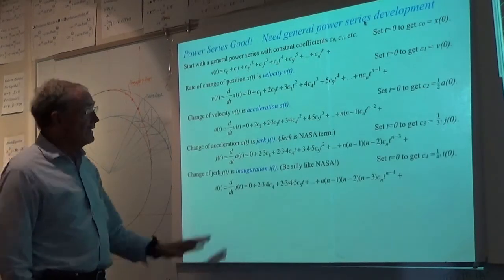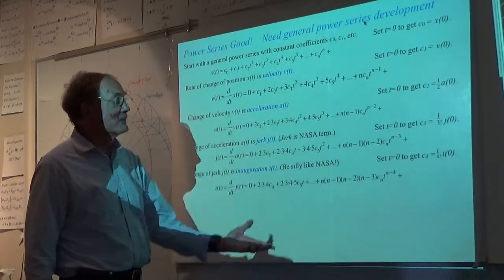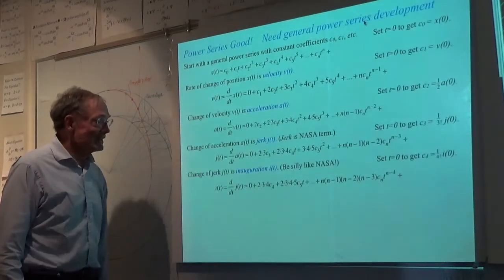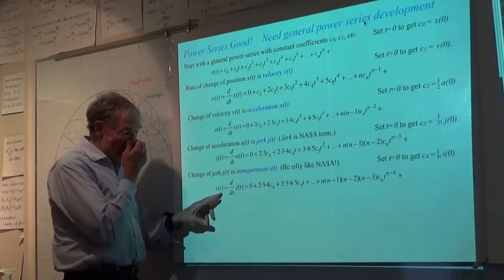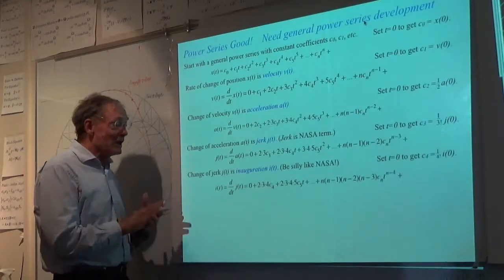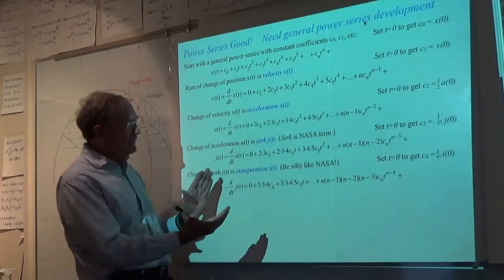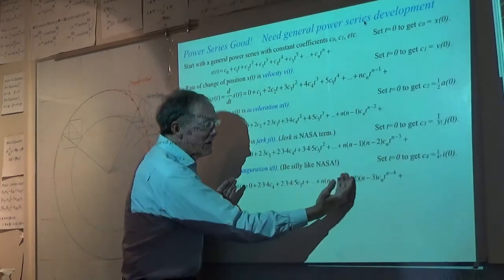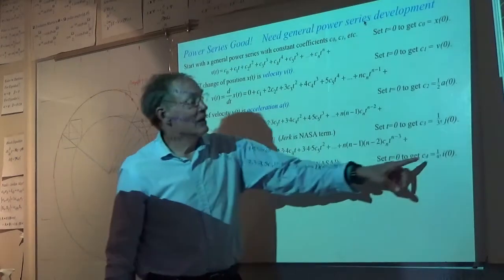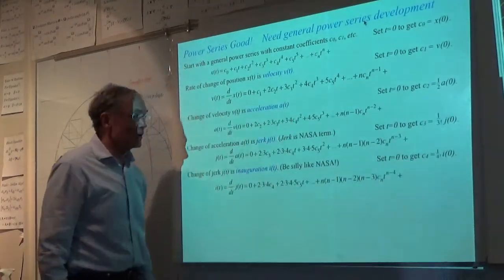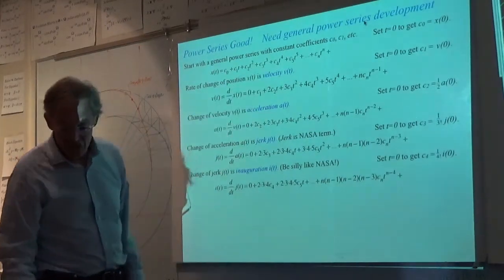Change and jerk, we've already told that joke. Be silly like NASA is what is going on here. Okay? And the inauguration as change of jerk. Everybody is treating right now Obama as a jerk, and the people that are doing that, I think, are the jerks. But anyway, from here on out is 0, and we are just left with this, which is 4 factorial times the initial inauguration. That's the coefficient that will go in place there.